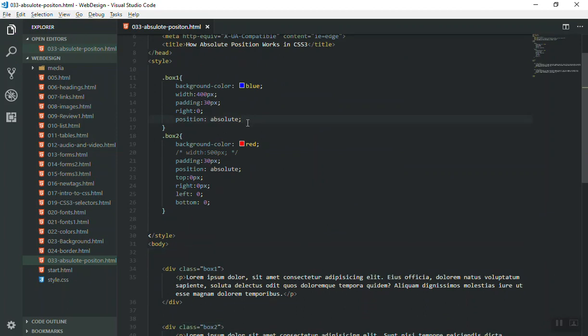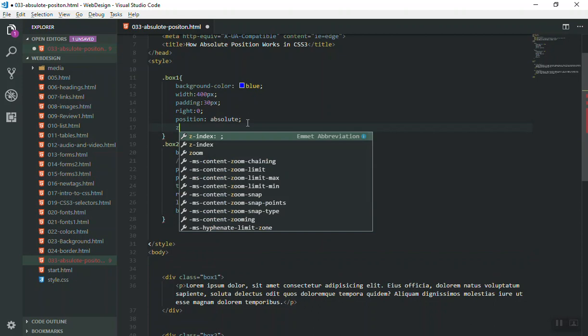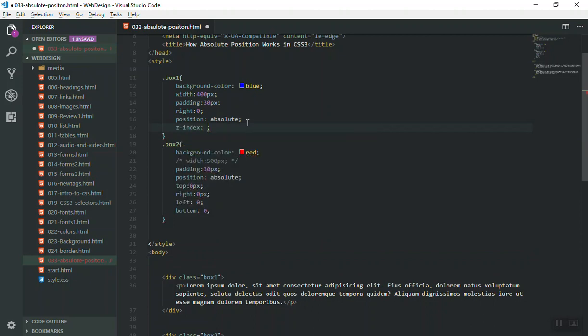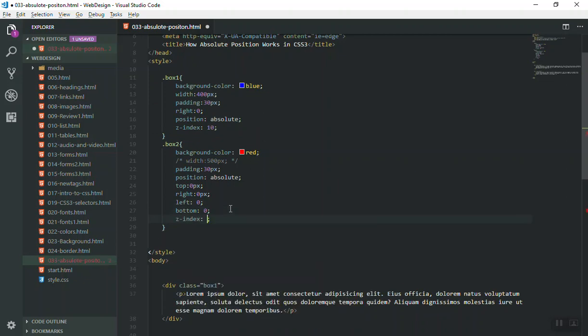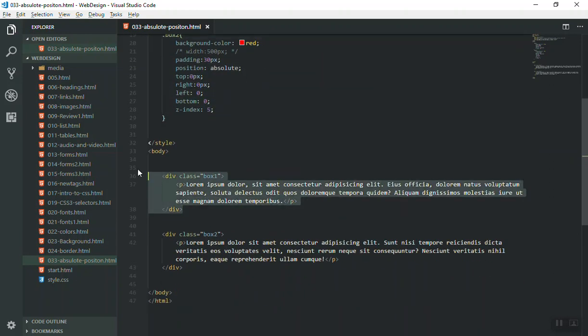Now you come here, you see this one has an absolute position. I want to give them a z-index. Z-index will put them above. Z-index takes a number. Let's say you give them 10. The one that has the bigger number will be at the top. So if I come here and give them a z-index of 5, save it. Now this is 5 and this is 10. Of course the 10 one will be at the top,